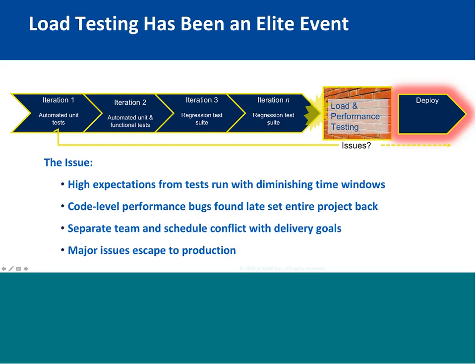Also, different teams are working on these things. Sometimes you have your load and performance experts, and you have your developers, and they're not working together. The load team might be busy with something else. And as a result, major issues are escaping out to production. And production is the most expensive place to fix a bug. The cost of fixing a bug in iteration 1 or 2, at the beginning of your development cycle, is so much lower than it is when a product has escaped out to delivery.